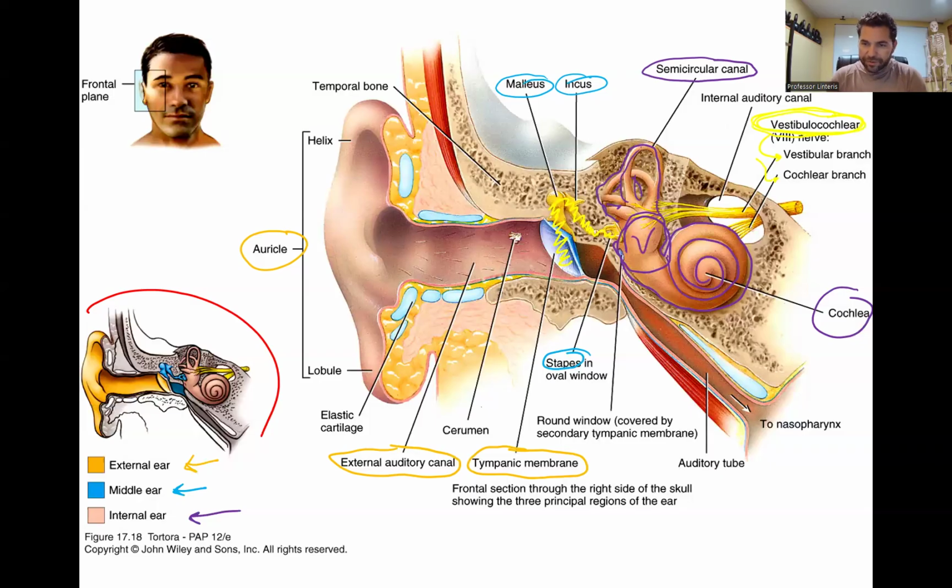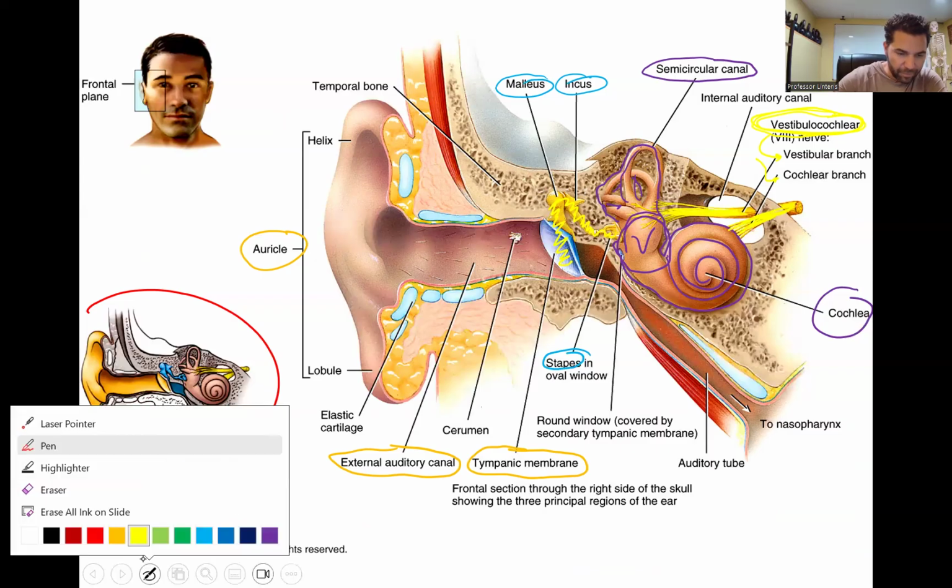One of these branches runs to the cochlea, and it is called the cochlear branch. That is for hearing. The other branch is more for equilibrium, balance. We'll mention vertigo. Hopefully not, but you know. And that is the vestibular branch. That runs from the vestibule and is more involved in balance, things like that. Other than that, we have one more structure,